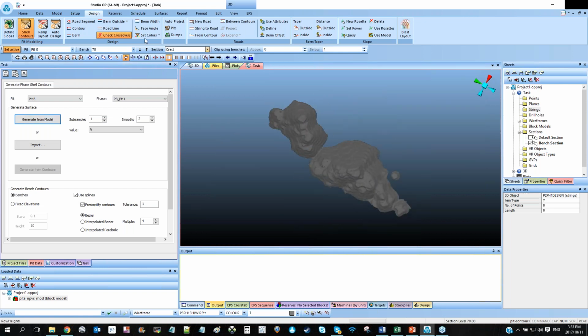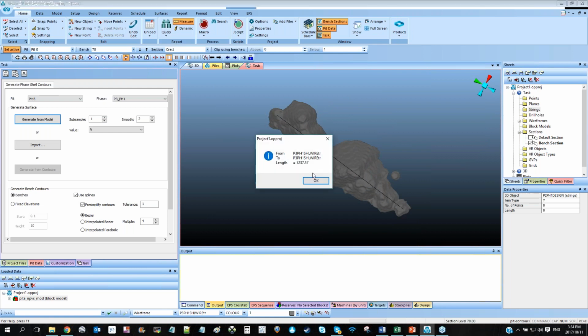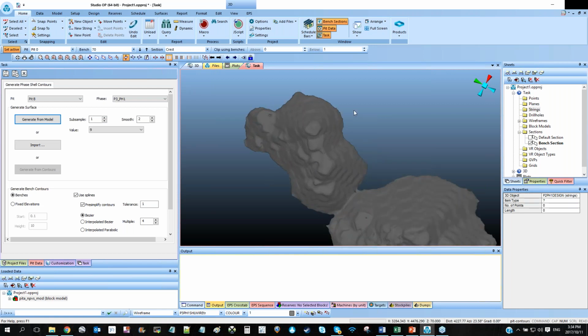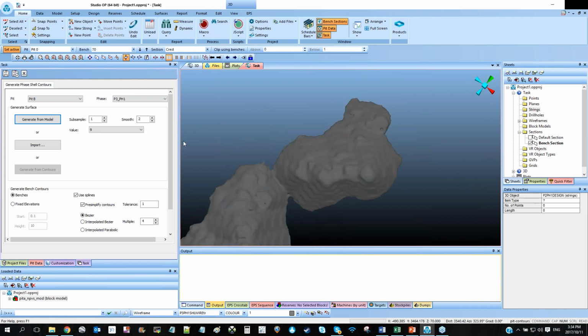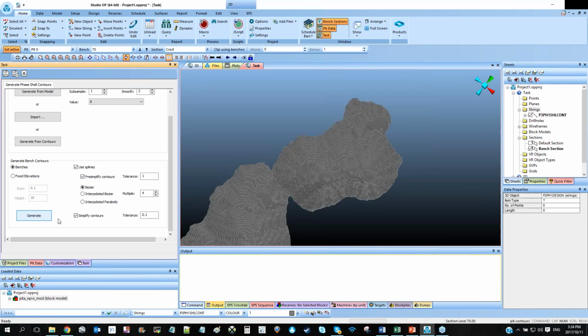So this is a quite large data set. If I measure here, this is over 5 kilometers. So, the time being limited as it is, I'm just going to show a bit of the design on this specific zone here. Okay, I'm happy with the wireframe. I'm just going to create some contours to help me to guide my pit constraints. So I'll say save,